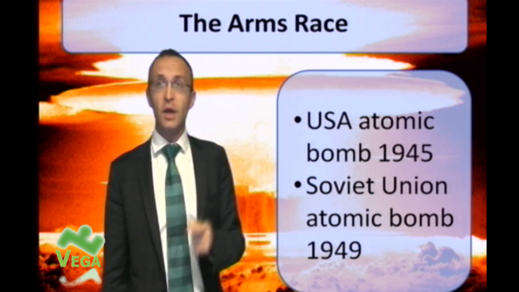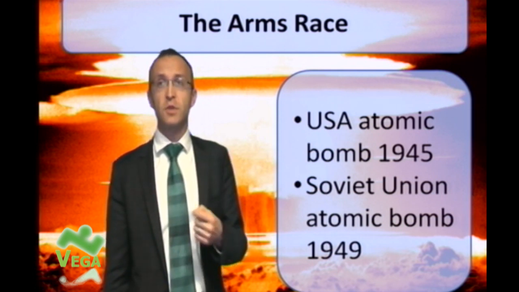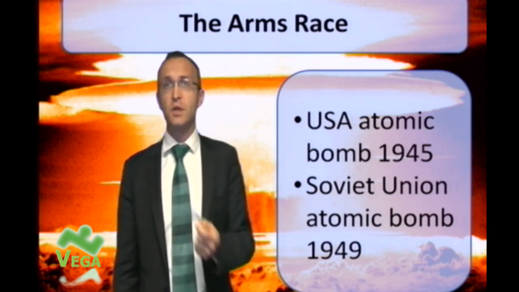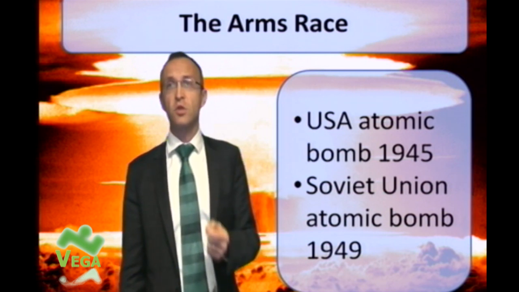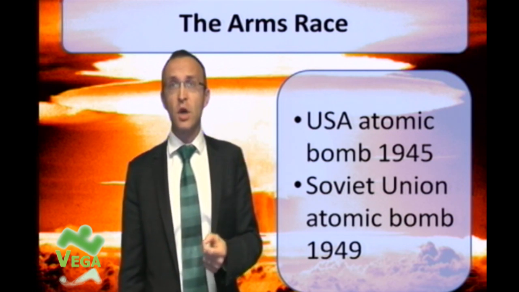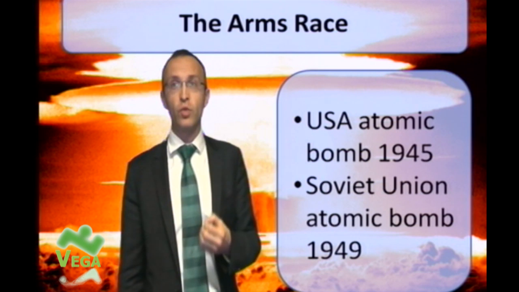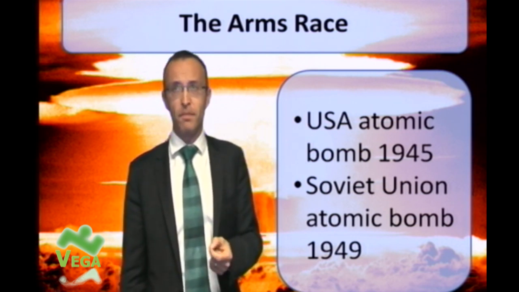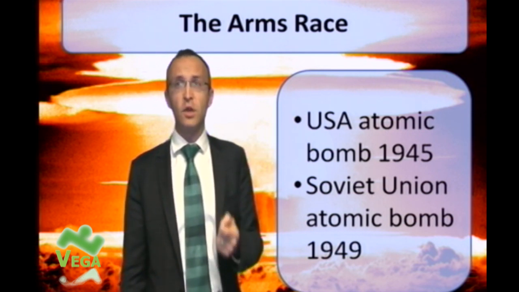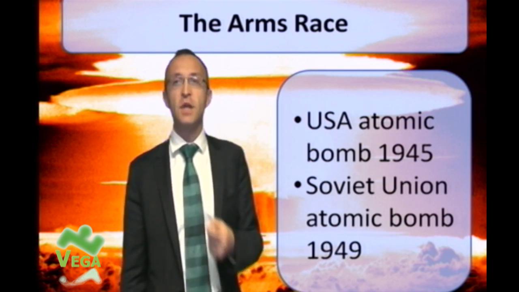The Soviet Union initially was unable to replicate this success, but two things changed that. The first was the success of Soviet espionage in the United States, which succeeded in extracting some of the technological secrets necessary to manufacture their own atomic bomb. The second was the Soviet sphere of influence in Eastern Europe, where large deposits of raw uranium were discovered, a critical material necessary for the manufacture of an atomic bomb. So by 1949, the Soviet Union was able to manufacture its own atomic bomb, and it became the second superpower